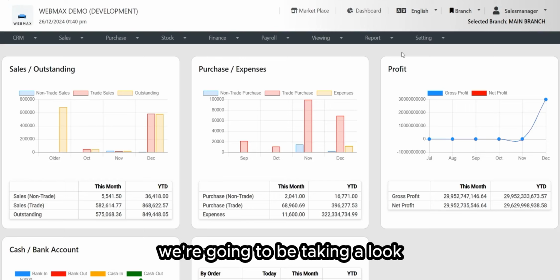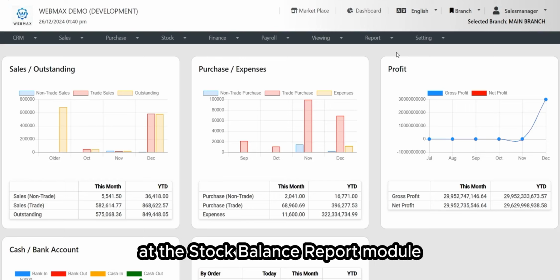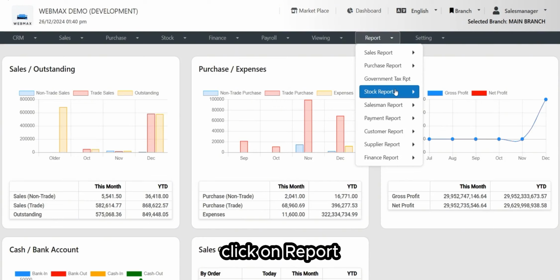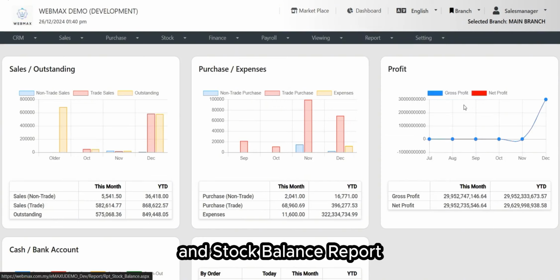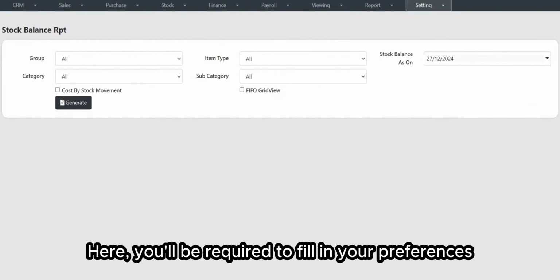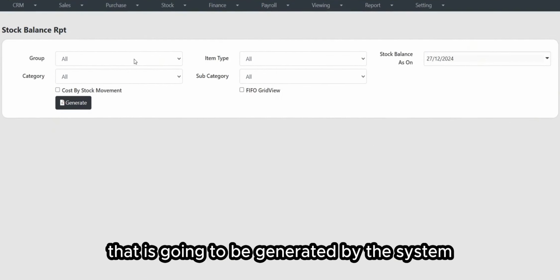In this video, we're going to be taking a look at the Stock Balance Report module. First, click on Report, Stock Report, and Stock Balance Report. Here, you'll be required to fill in your preferences for the Stock Balance Report that is going to be generated